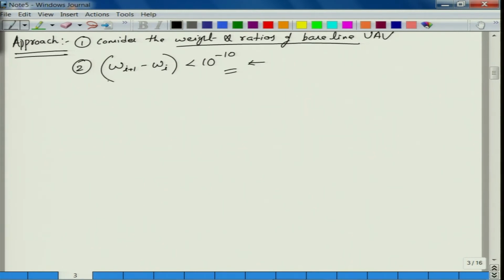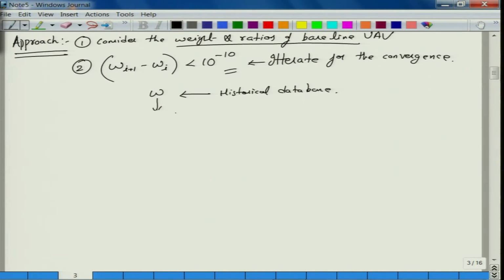what we have to do is, first consider the initial weights and then try to iterate for the convergence, because the battery weight changes, that means the overall weight changes. So, with that overall weight figure out what is the power requirement. So, initial guess weight, or say initial weight from historical database. So, with this initial weight and for that particular mission requirement,